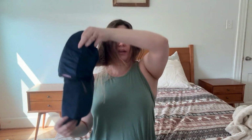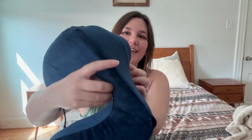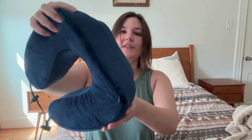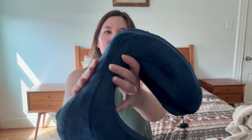Another thing that I really like about this is this flat back. Those U-shaped ones have the rounded back here, and it actually kind of pushes your neck forward when you're leaning against the back of the seat of the airplane. So I feel like this is a nice compromise because it's flat against the seat of the airplane, but it's also squishy enough that